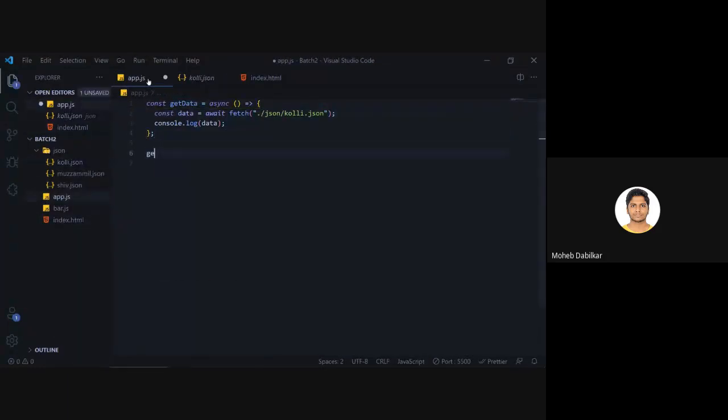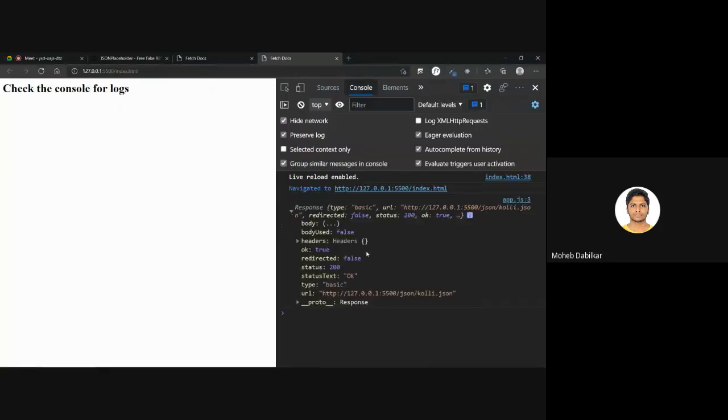Yeah, we need to call getData so that we can start working with it. Yeah, you see it gives us a response. So this is something that we wanted. It gives a status of 200, then the headers and all.